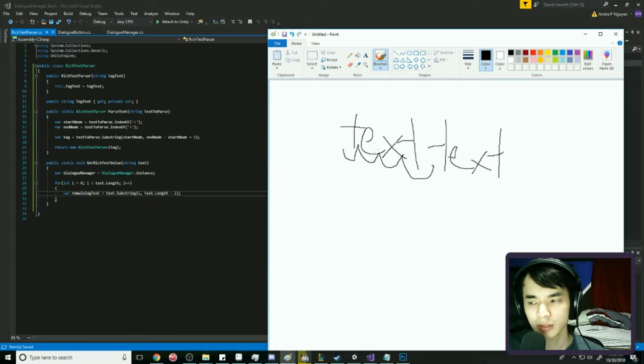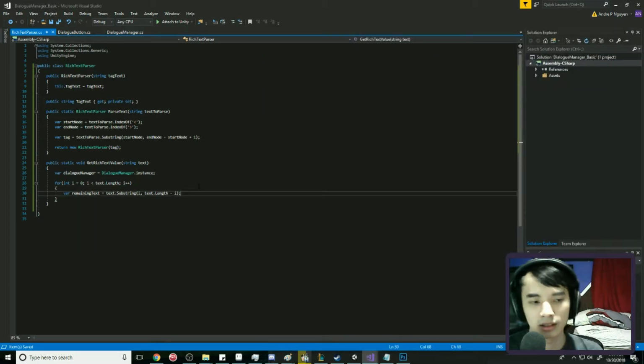And so we have the start, now we need the end. We need to get the end of the string. And so the way we do that is text.length, that's the end. That's the entire thing. Goes from start to finish. But then we remember that it's relative to the start, so it's going to go way past. We don't want that, so we're going to subtract by i, and then we'll get the rest of the string. So this is going to always be the remaining text of the string. So now that we know that,